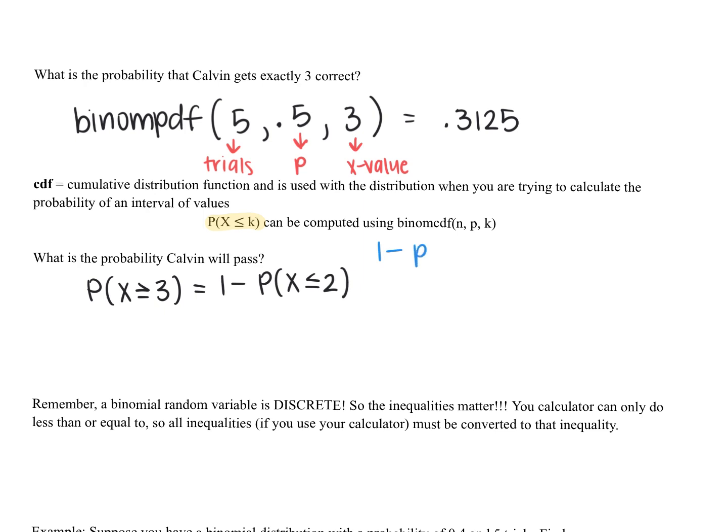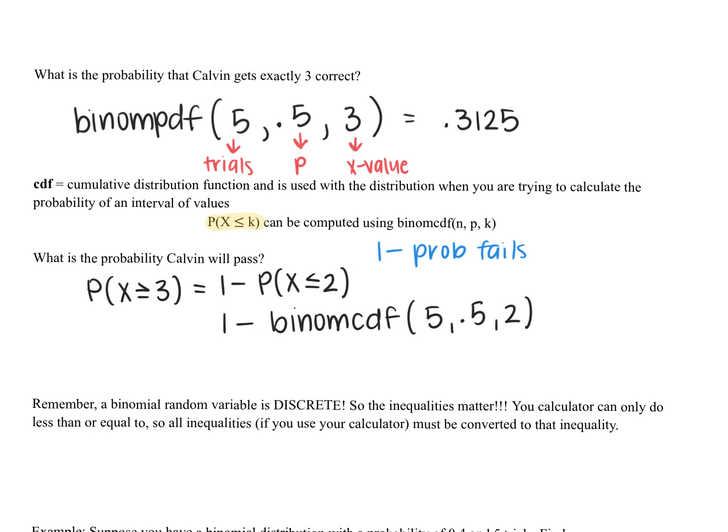So 1 minus probability fails. Think of it in terms of that. He fails if he gets 2 or fewer questions correct. So in the calculator, it's binom CDF. Our trials are 5. Our probability is 0.5. And then we're going to plug in 2